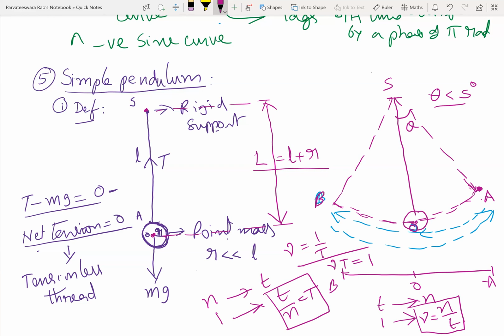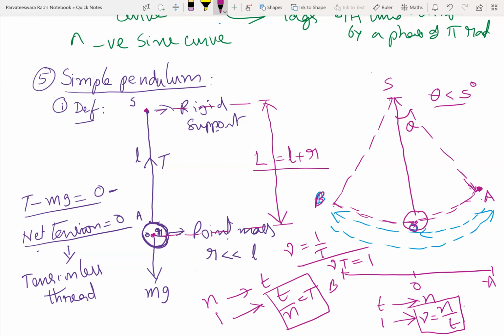Next, when the pendulum is taken to one extreme position A and is left, it moves from the point of start through the mean position O up to the other extreme position. Again from there through O it comes back to A. We say that it completes one full oscillation. The time taken to make one complete oscillation is called the time period.